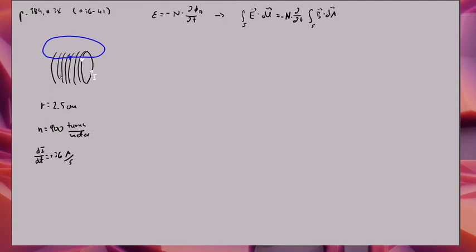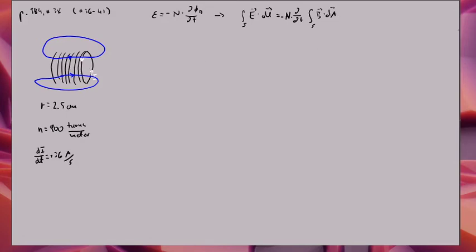Maybe I'll draw one more loop here. So here's a loop, and it loops around and comes back. So here's the magnetic field, and of course between these two lines you have many more lines of the magnetic field. Now we're not interested in the magnetic field on the outside of the solenoid, just the magnetic field on the